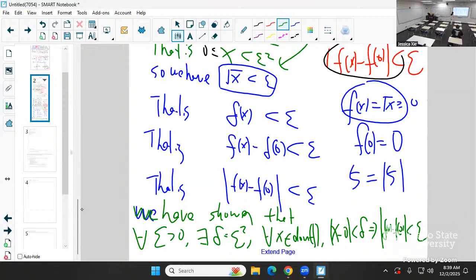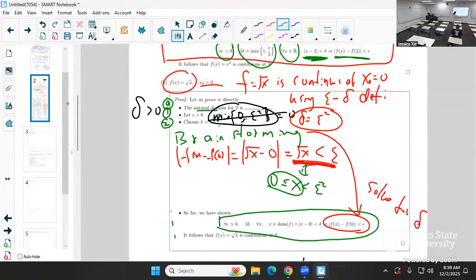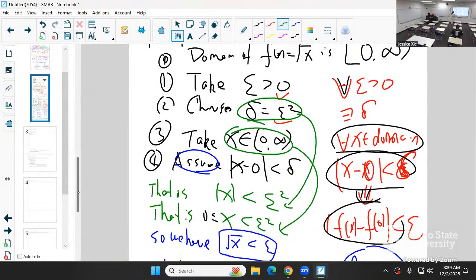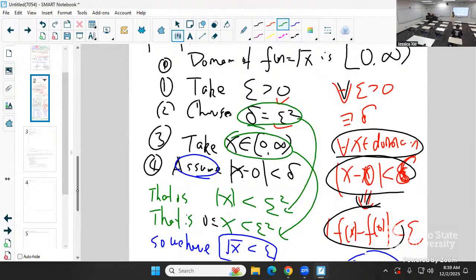Okay, the brainstorming part is you have to do the brainstorming ahead of time, to find out what your delta should be, right? To solve for delta, take a look at the final inequality. Most of the time, you are able to solve for delta from the final inequality. Once you know the candidate for your delta, then you can try to write out the formal proof. If you got stuck somewhere when you're writing the formal proof, like, okay, I'm not able to arrive at f of x minus f of 0 less than epsilon, modify the choice of delta until it can go through.